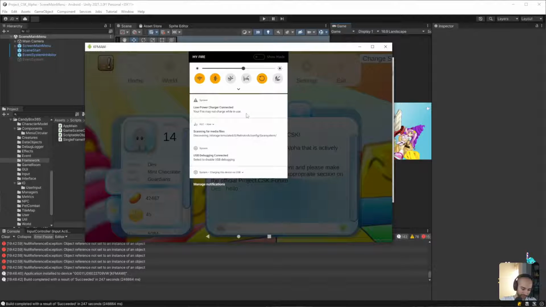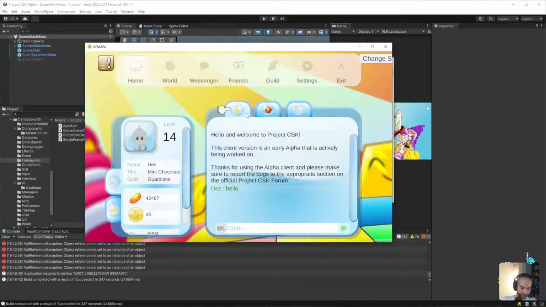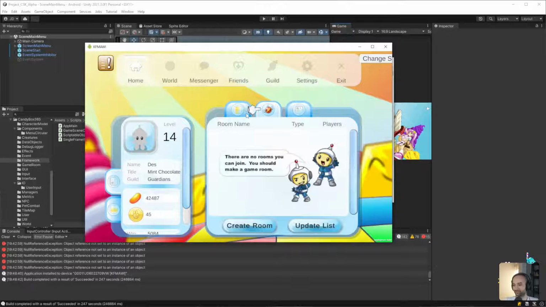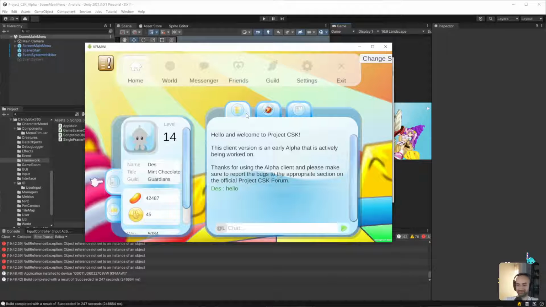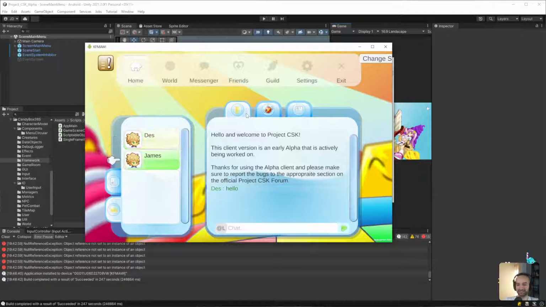Yeah, it connected. Okay. I'm just going to have that sit. Come on. Okay. So, Xbox controller. Looks good. I like that.